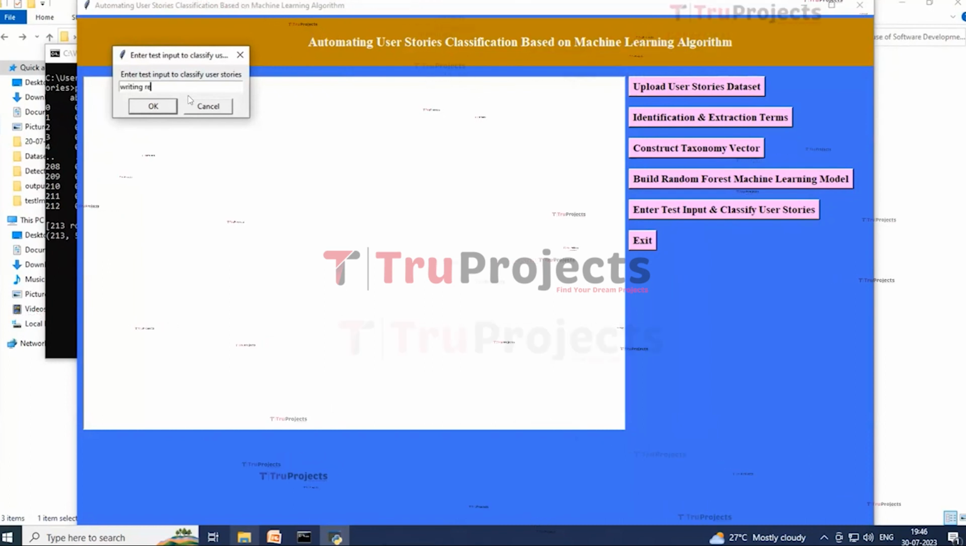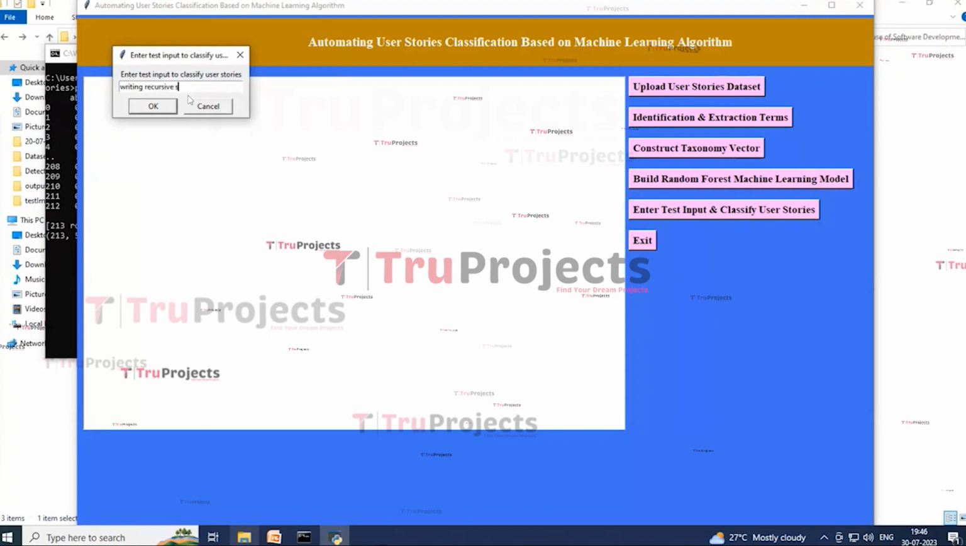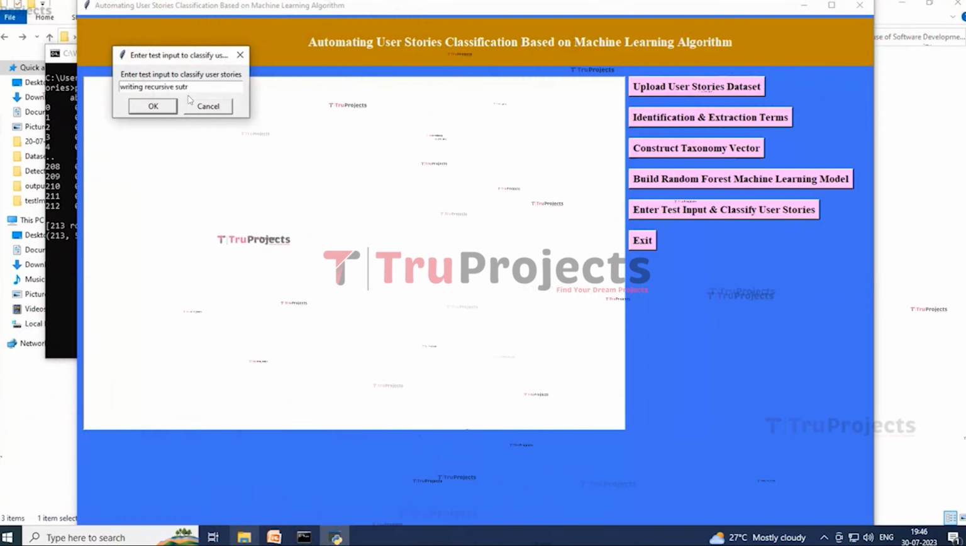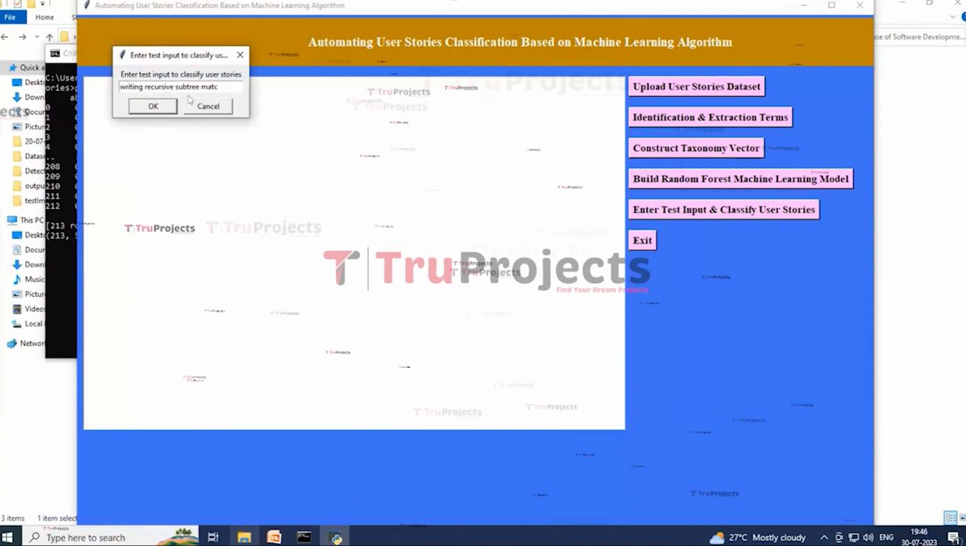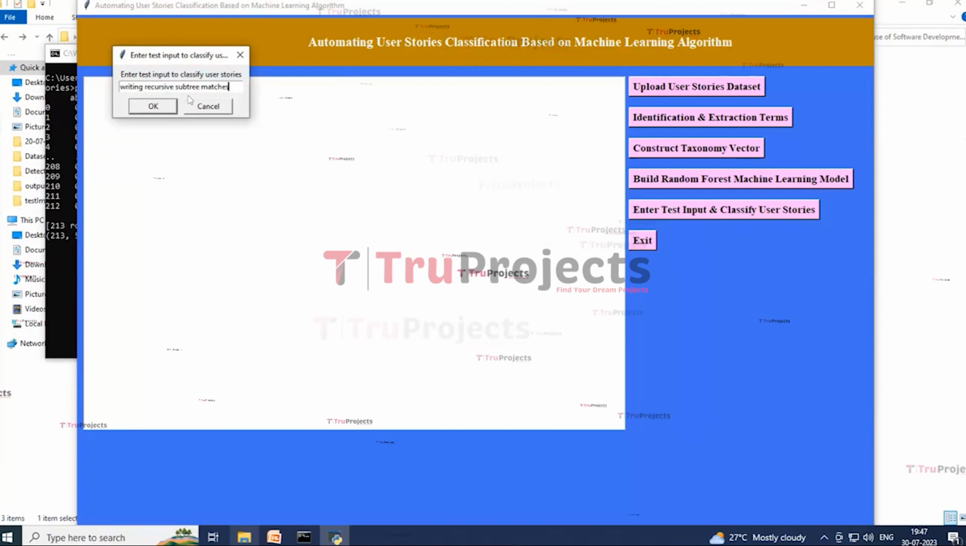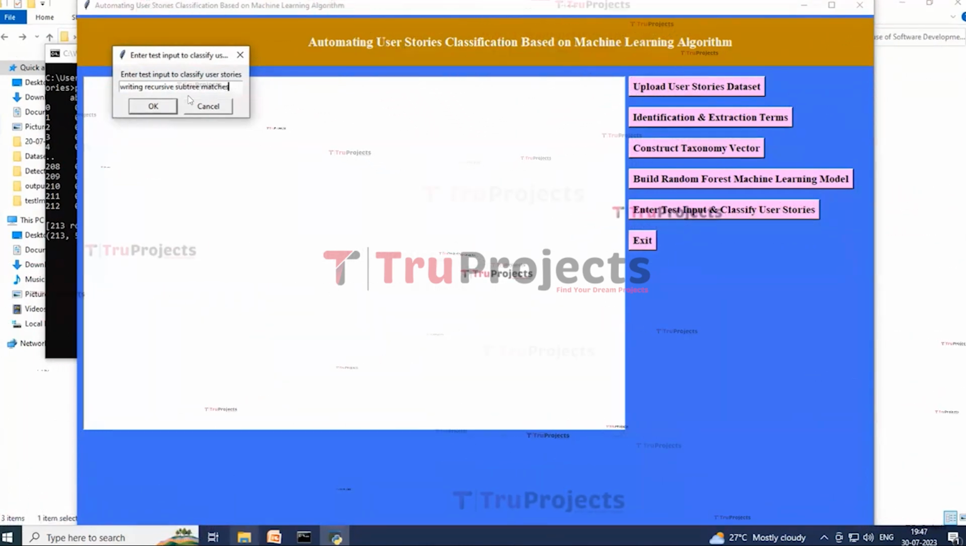So here the user entered writing recursive subtree matches, which means I want a software component which contains logic for recursive subtree matching, and then the machine learning trained model will predict or classify the matching user story for getting the output. So now click on the OK button over here,